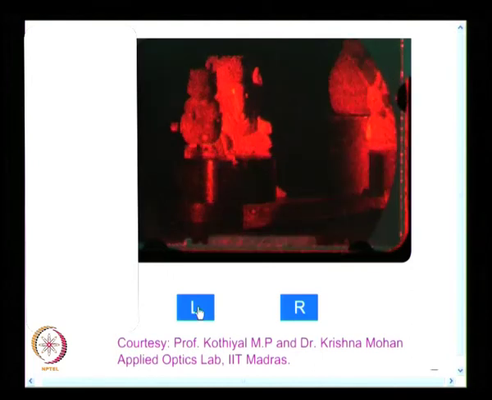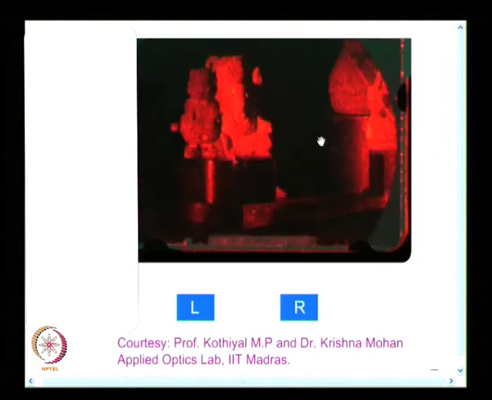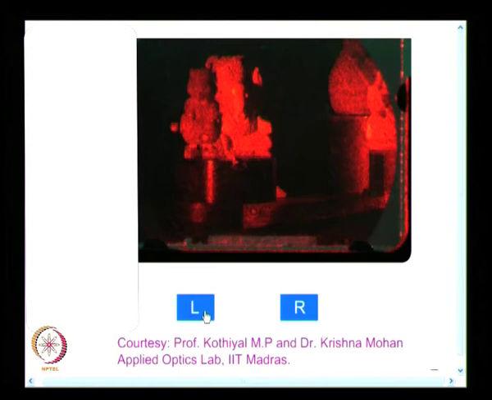And now I move my head, and what do you see here? I see objects behind, I see this swan is behind, and you have a statue of Lord Ganesha in the front, and then I move to the right, and you are able to see the depth information. Are you able to see the depth information? As if the objects are kept before you, you are able to see the depth information and get different perspectives. This is recorded as if you are moving the head over the region of the hologram.